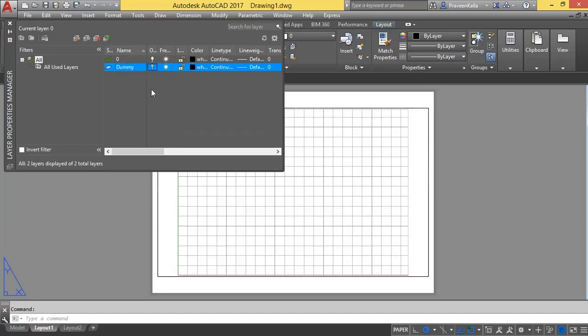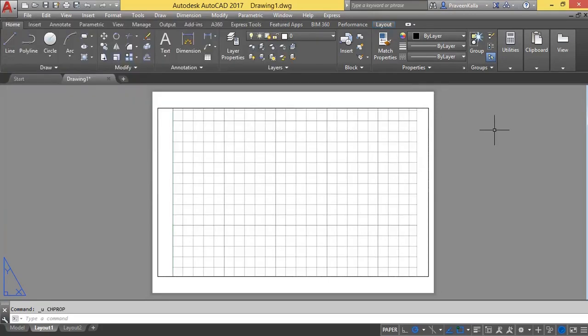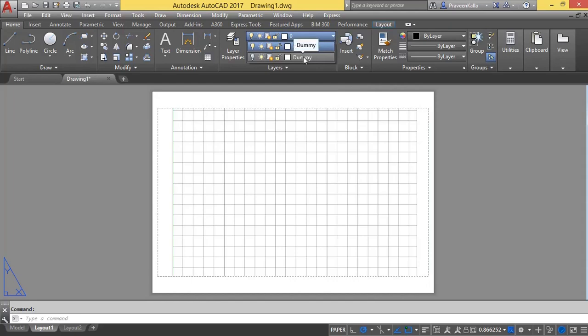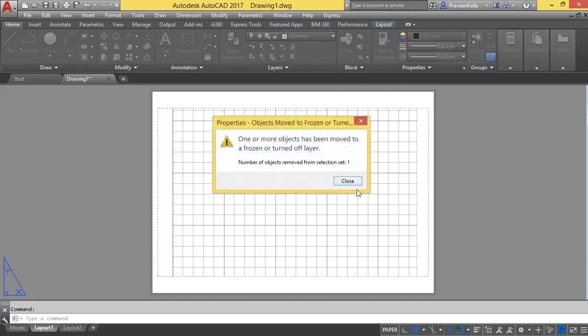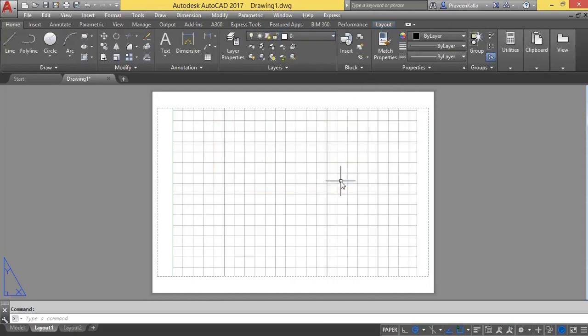I'll switch off this layer. Now come back to the layout, select the default border and move it to the dummy layer which we just created and which is in off state. Now the default border will be hidden.